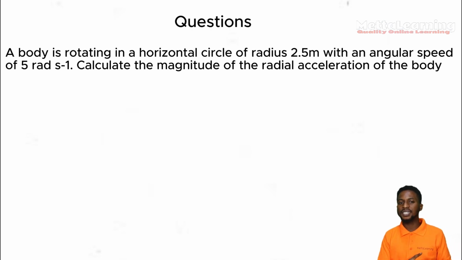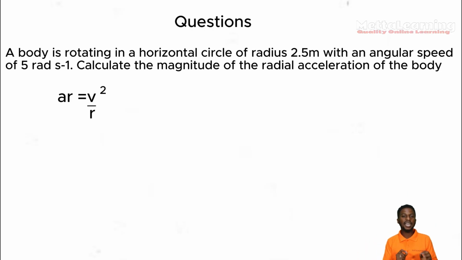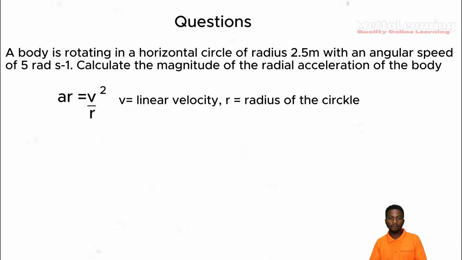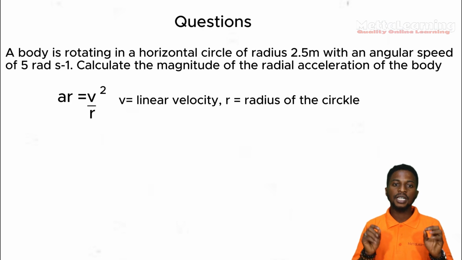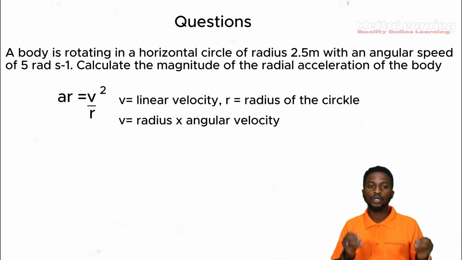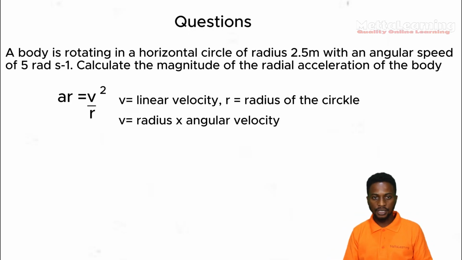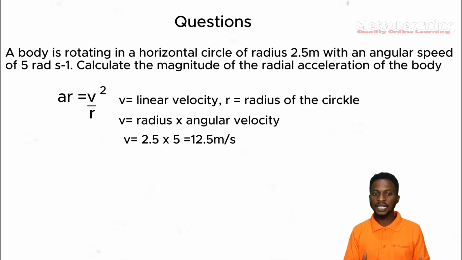The magnitude of the radial acceleration a_r of an object moving in a circle is given by the formula a_r equals v squared divided by r, where v is the linear velocity of the object and r is the radius of the circle. Given from our question, we have radius to be 2.5 meters, angular speed, which is the sign that looks like omega, to be 5 rad per second. Then we can calculate the linear velocity v using the formula v equals radius times angular velocity. So let's calculate our v. v is 2.5 times 5, which is